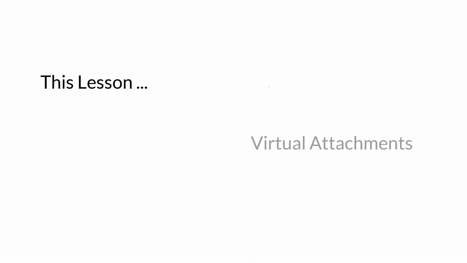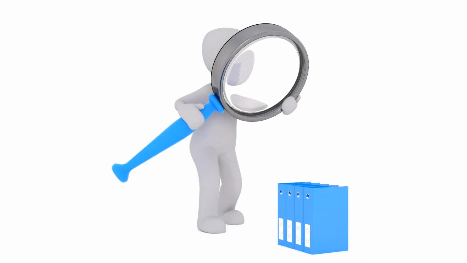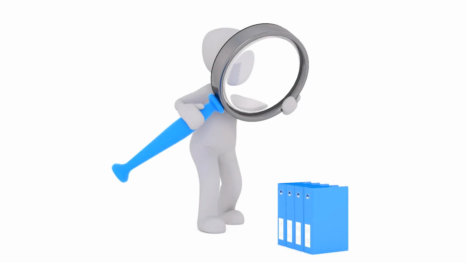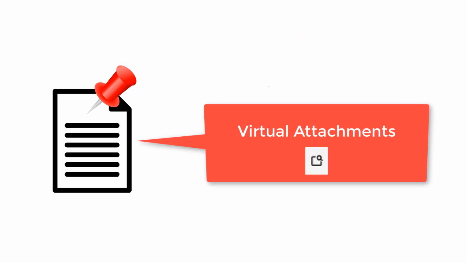With this lesson, we'll go over how to make a virtual attachment. What's that? You can configure DocTrack to search for files that would be related to a record you select in Sightline. When it finds those files, it attaches them dynamically to the record. Then, when you select a different record, it's going to perform that dynamic search again. We refer to these as virtual attachments.